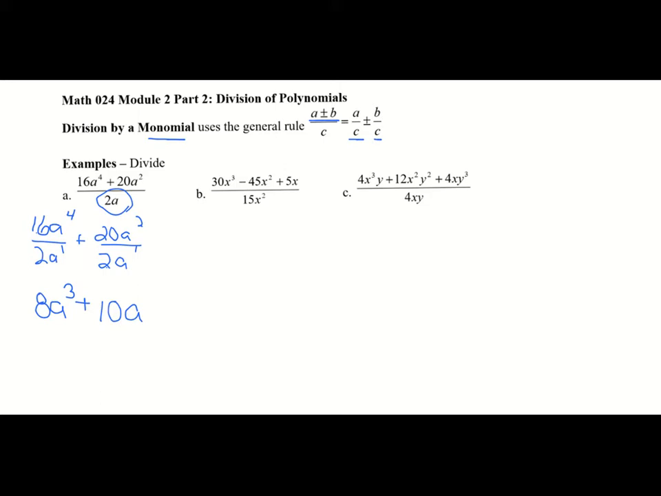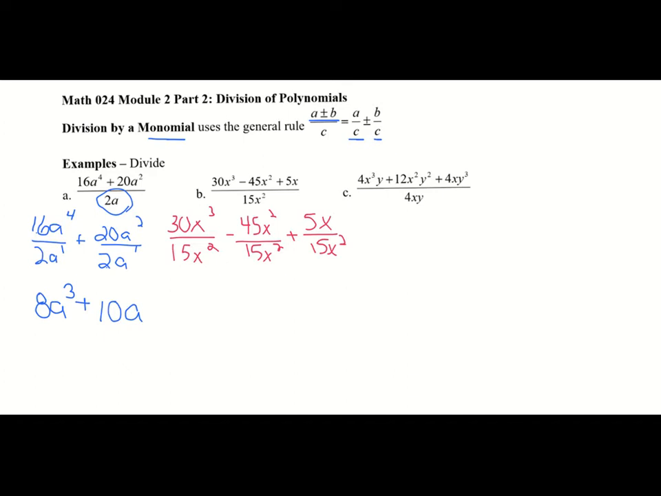Now for b, again, we can write it out into three different problems. So we have 30x cubed divided by 15x squared. And then I'll put the minus sign because it's minus 45x squared over 15x squared. And then plus 5x divided by 15x squared. So now when we go and do the math,